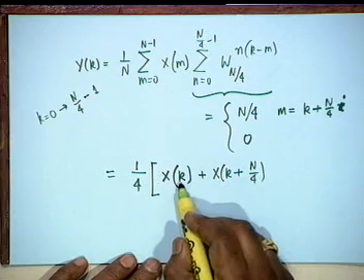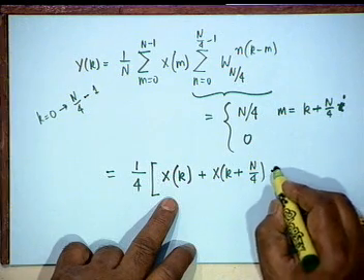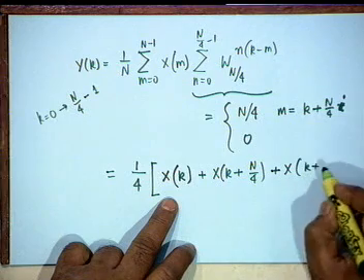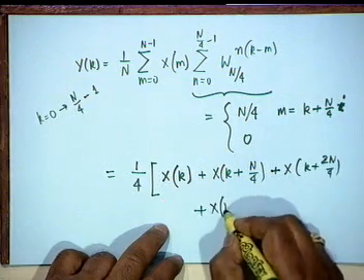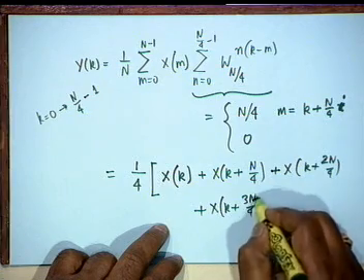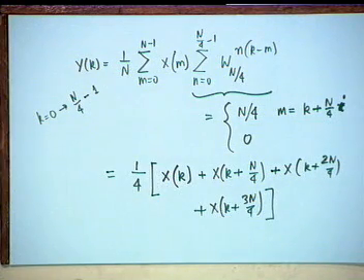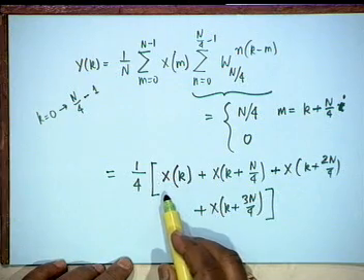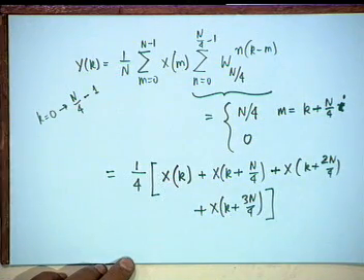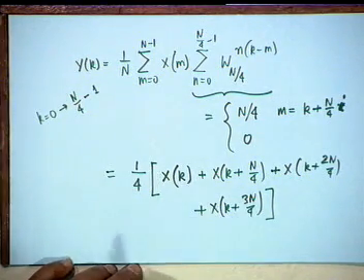So xk is okay, then xk plus n by 4, how many such? Another 2 terms, x of k plus 2n by 4 plus x of k plus 3n by 4. Why do we end here? Because the next one is simply xk, it is periodic. Therefore, yk becomes a sum of several versions of capital X of k. All right? I think I am right. I think I have not missed anything.